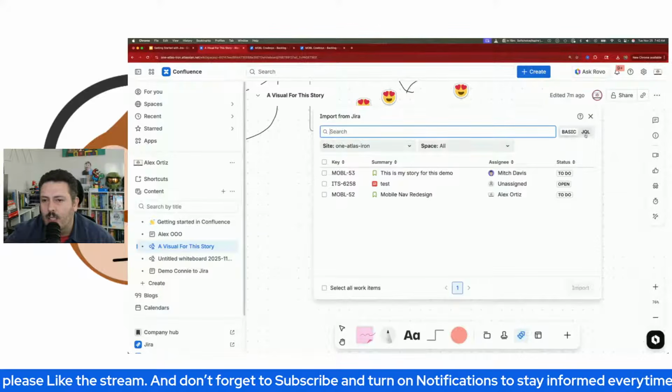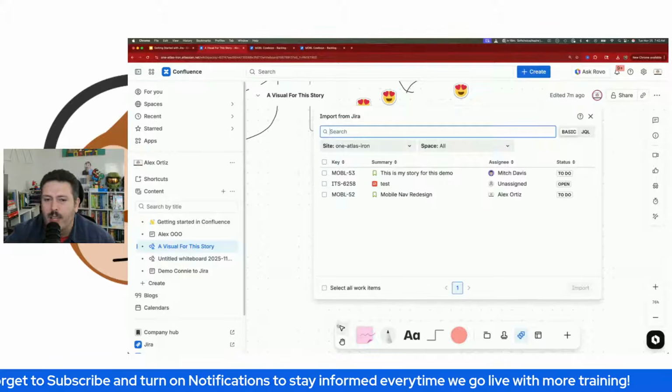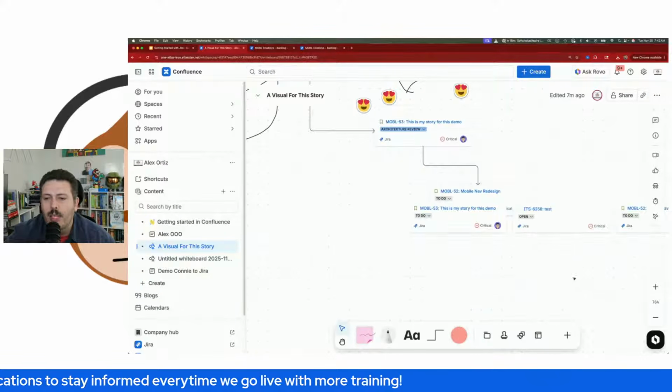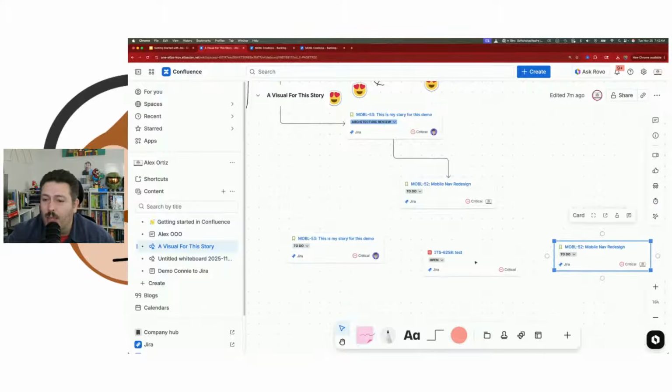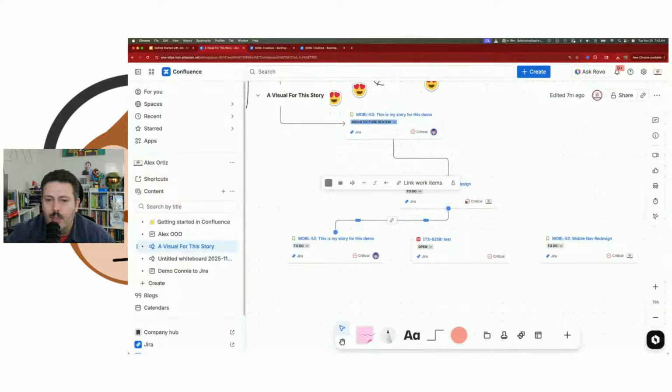I can do the JQL, I can do the searches, and this is going to go and search all that work. If I didn't want to do one by one, I can select all the work items and bring them all in. They all come in and I can have duplicates of them, right? So I have duplicates here, so be careful with that. But the cool thing is that you can basically connect them together and you can go, okay, this one is dependent on this one,